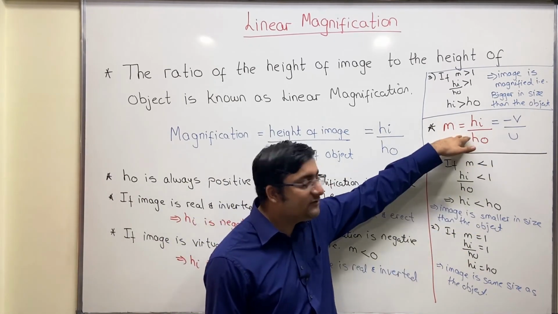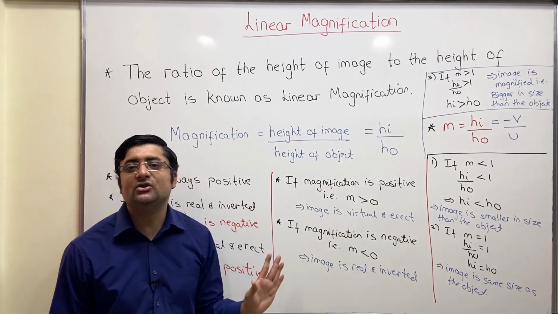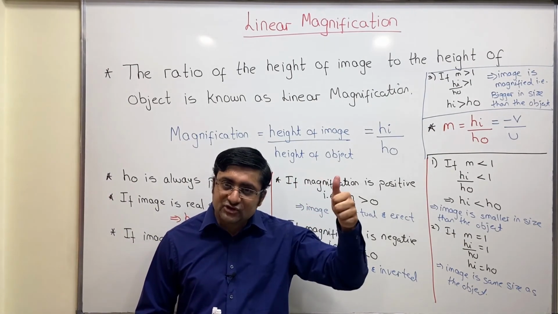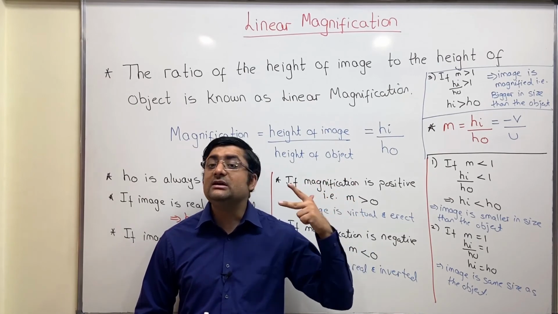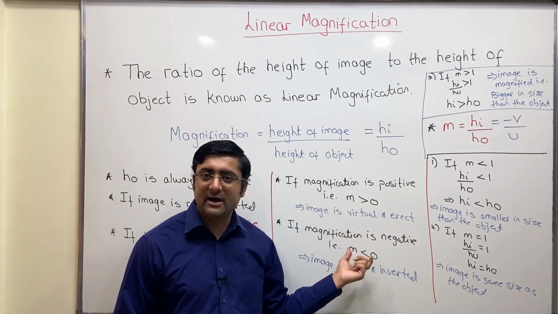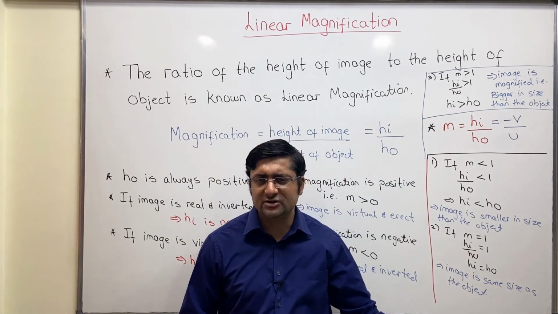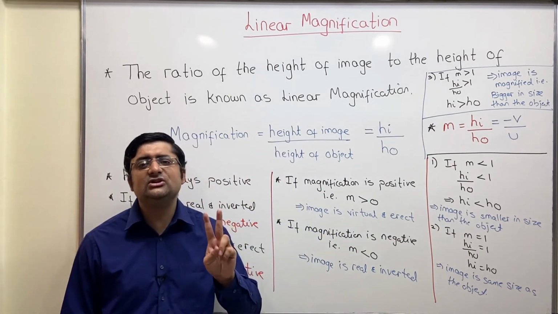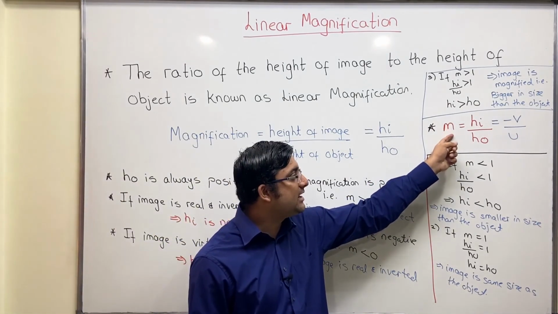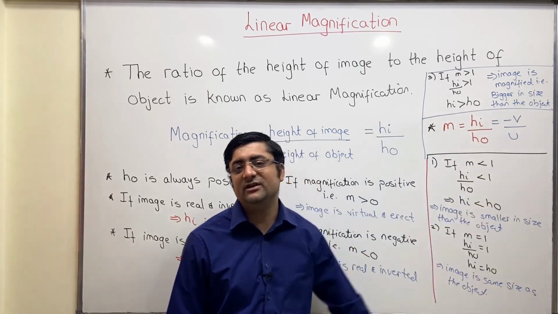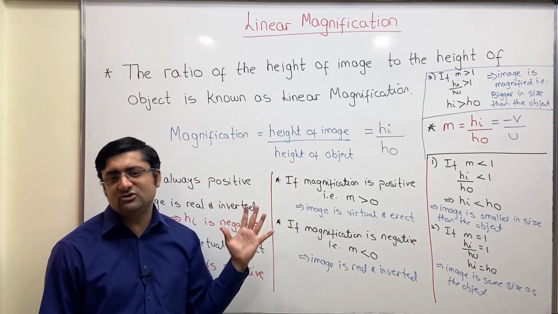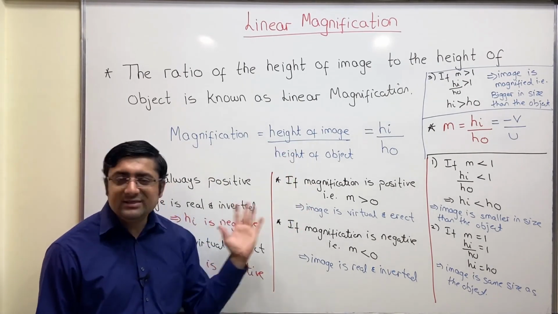So now we have learned what the magnification formula is, and we have done the complete analysis of what it means. So in all the numericals which will follow, guys, generally three things will be asked for you. One is the position of the image, one is the nature of the image, and third is the size of the image. So position of the image we'll get with the help of the mirror formula, nature of image, magnification, size of image, again magnification. So generally in all the numericals you have to use just these two formulas: mirror formula, 1 by v plus 1 by u is 1 by f, and magnification formula. So magnification is hi by ho, that is negative v by u. Is this clear? So I hope all these concepts are clear. Now we're going to do a couple of numericals to apply these concepts so it'll become crystal clear.